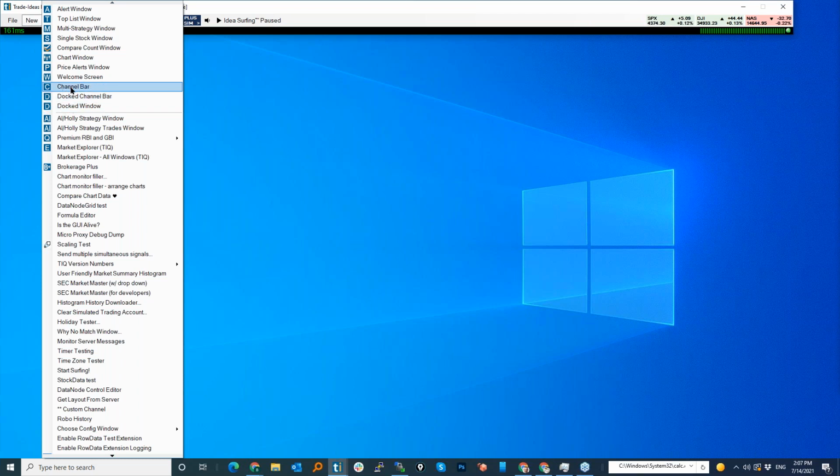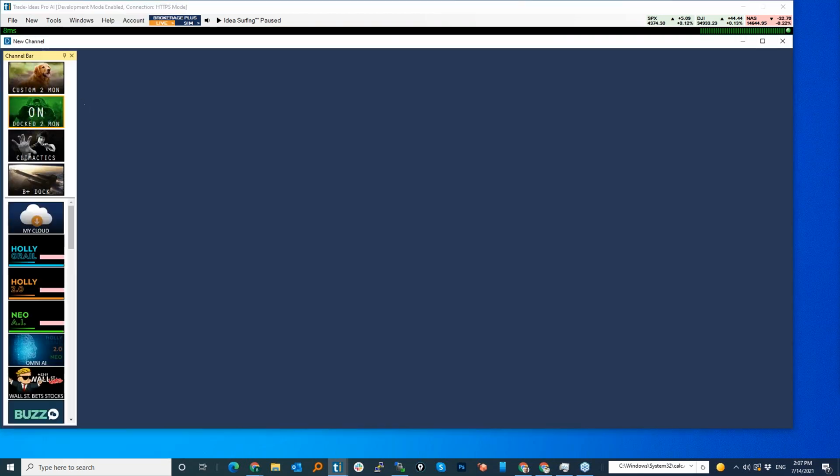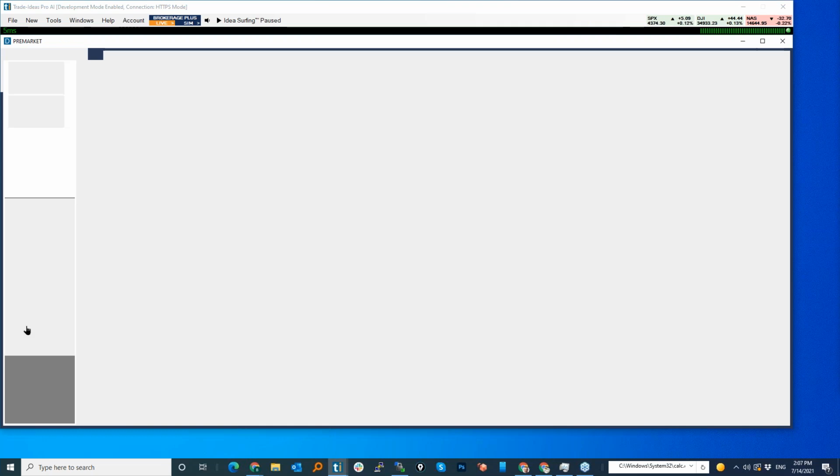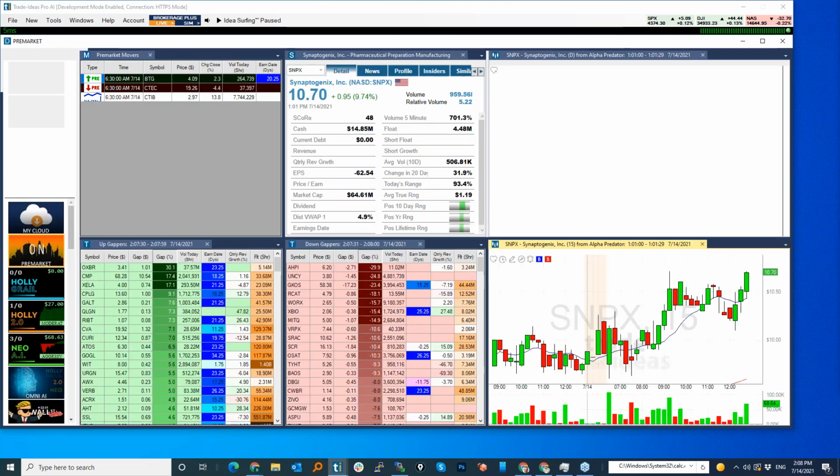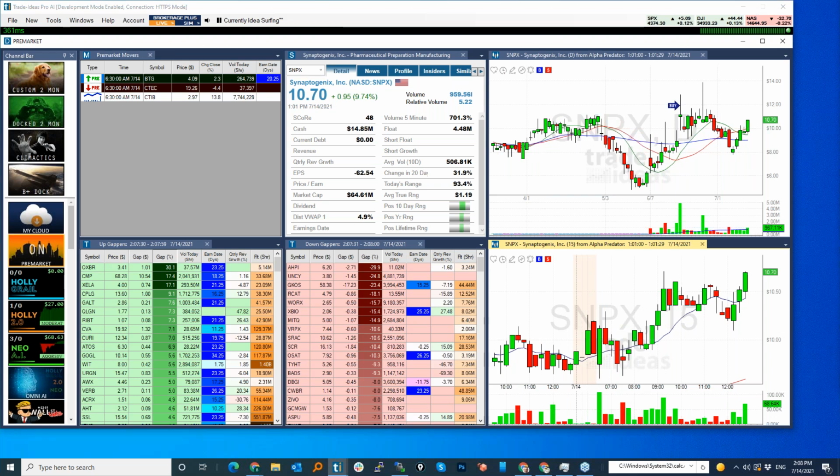So this is how you would previously load the channel bar, is you'd select that. But if I select the dock channel bar, it's going to open up a dock window, and now I can go ahead and select what it is that I want to look at. So if I was coming in here at the beginning of the day, I might want to select that pre-market channel and take a look at some of the stocks that are gapping up or gapping down,